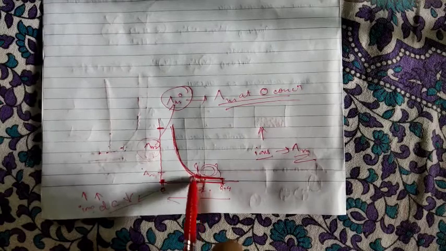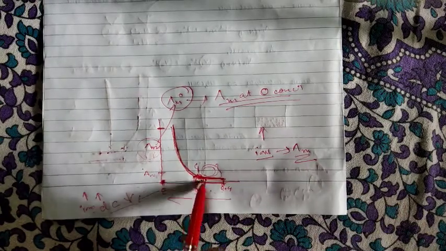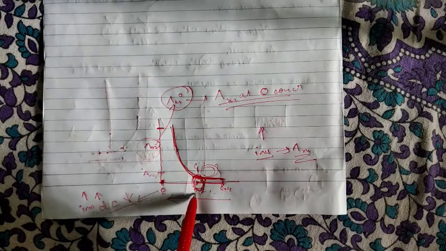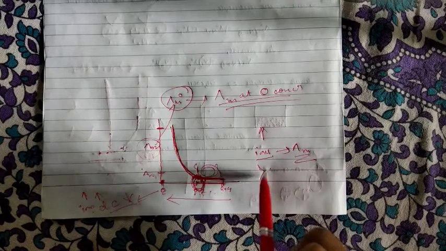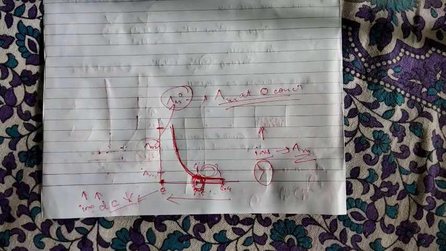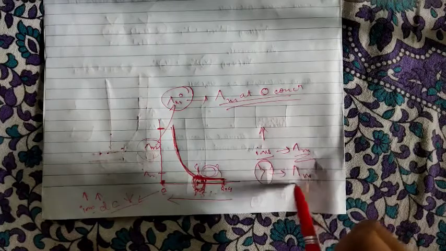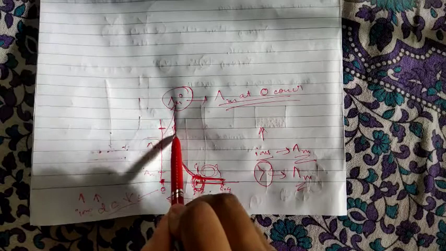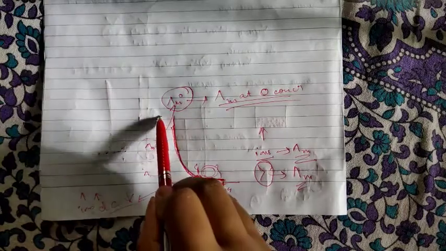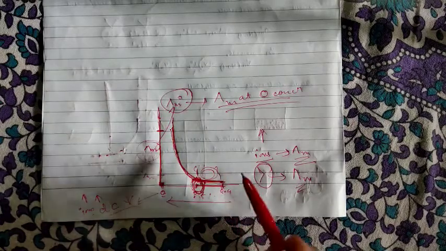But at a certain point, because you are going on adding water, once your value has reached 0.2, there will be sudden formation of so many ions. Clear? There will be high formation of ions. At this point your lambda m will also be high, and you see that this is becoming almost parallel to the y-axis.